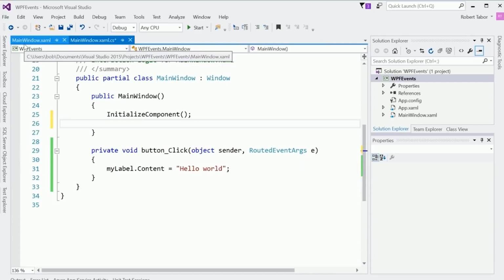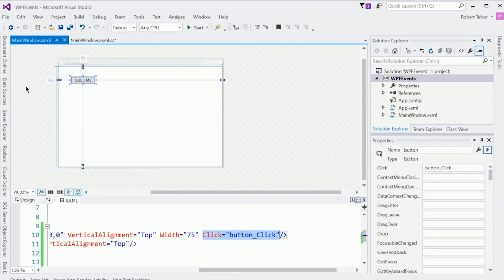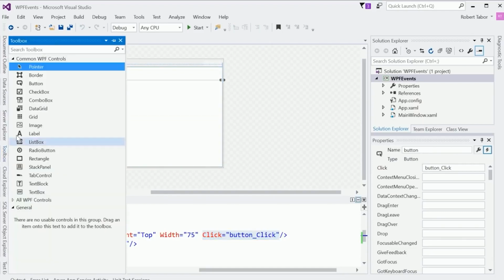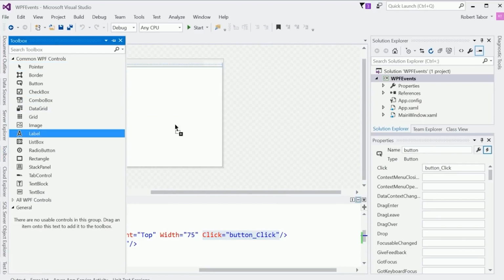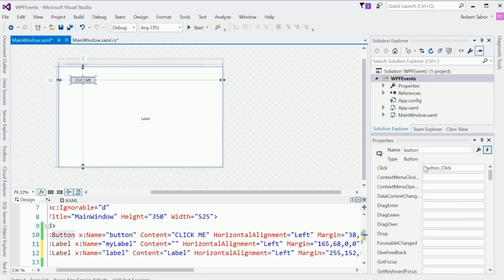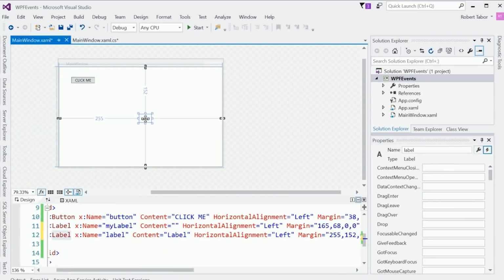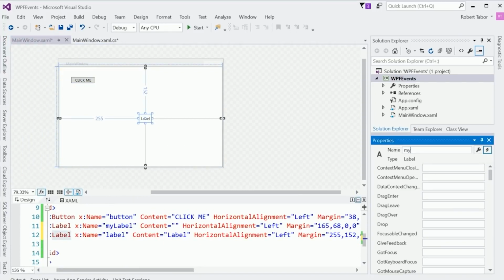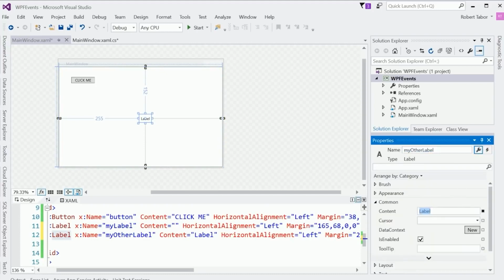Let's go to the toolbox, and I'm going to grab another label and just plop it down anywhere. And I'm going to select that label and then go to the properties window, and I'll change this to be named my other label. And then I want to change the actual content of that label to be blank as well. All right, so now what I want to do then is go to the MainWindow.xaml.cs, and here I'm going to